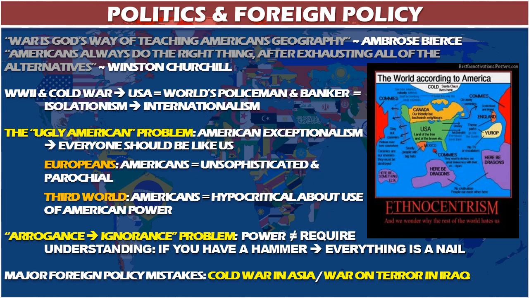And the first one, I think, is the ugly American problem. The term ugly American came from a book that was written in the 1960s referring to the Vietnam War. But Americans tend to hold this belief that we're exceptional and we think everyone should be like us. And we judge other countries by how close they are to American culture or American institutions. And understandably, a lot of people think, America, take a hike. To some Europeans, Americans kind of look like country bumpkins. We're unsophisticated and parochial. We exert a lot of power. We're kind of clumsy, but we don't have any type of understanding of what we're doing.